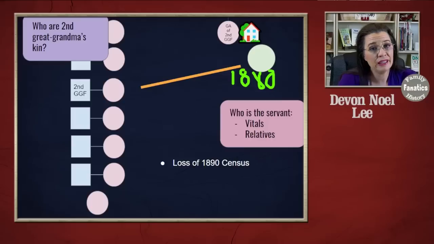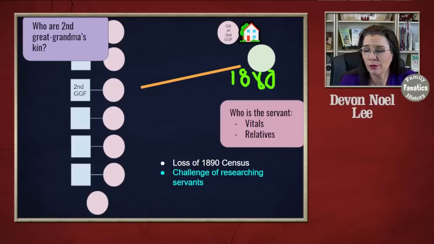Now, depending on where your ancestor lived, they could be one of the 6,000 lucky ducks who were actually still recorded in records that have survived to this day. But the chances are pretty slim. So, what is that limitation? Well, that means we're going to have to look at alternative records. There are plenty of alternative records, but it is a limitation we have to be aware of. So what's the next one?